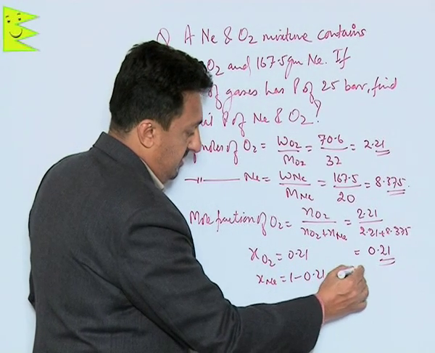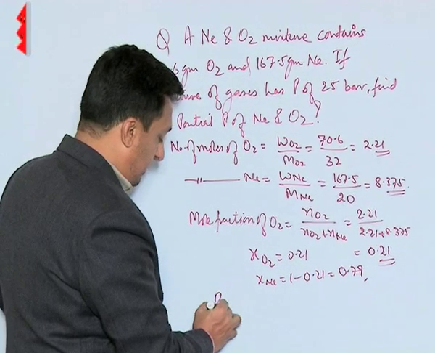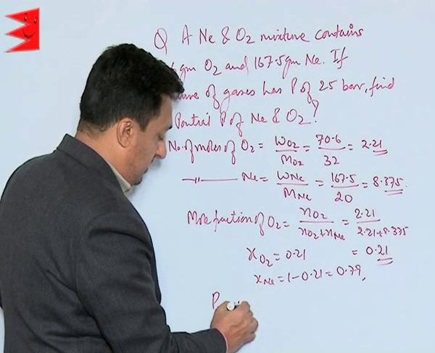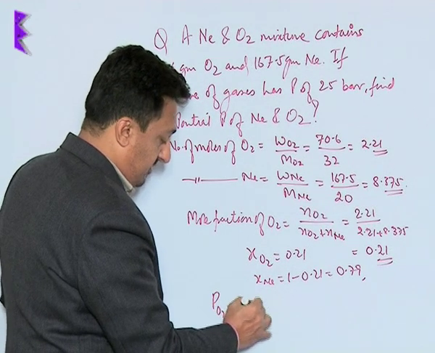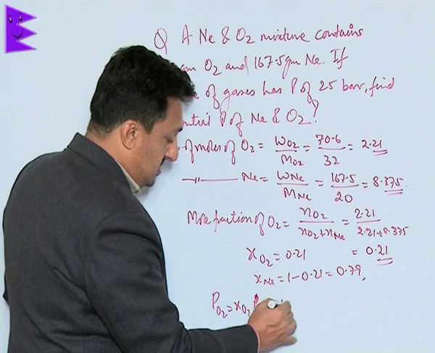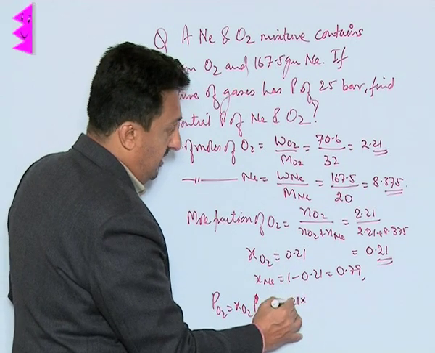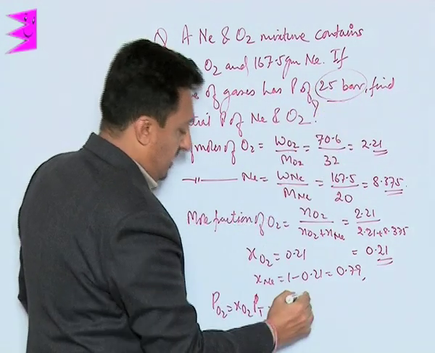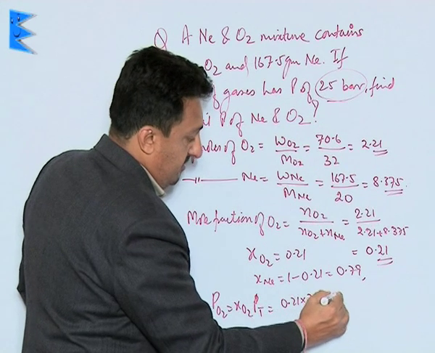So, now we can find out, therefore, partial pressure of oxygen will be mole fraction of oxygen into total pressure. So, it will be 0.21 into total pressure. How much is the total pressure? This is 25 bar. So, into 25 bar. So, this comes out to be